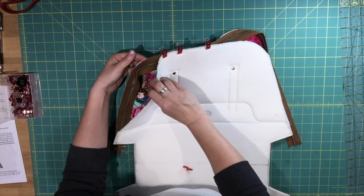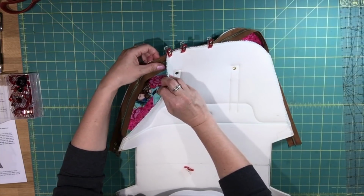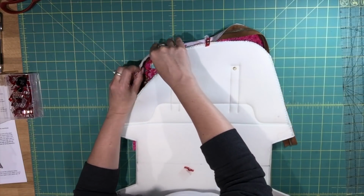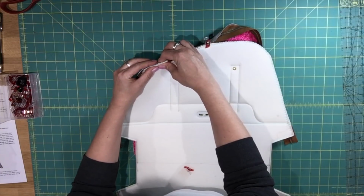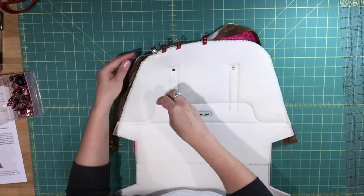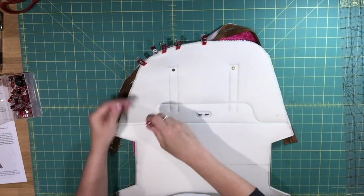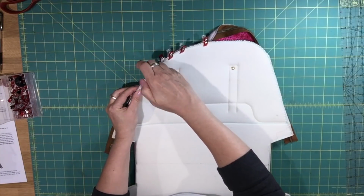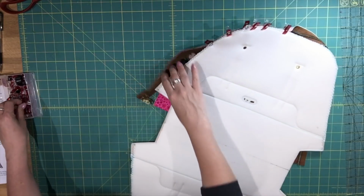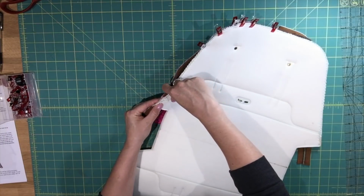Now, because of the curve here on your zipper, it's going to want to stick out this way. What I just do here is I push it inwards so that the lining kind of curves out this way. And then I keep clipping. Now, before I go too much further down, what I want to make sure is that I clip this part,